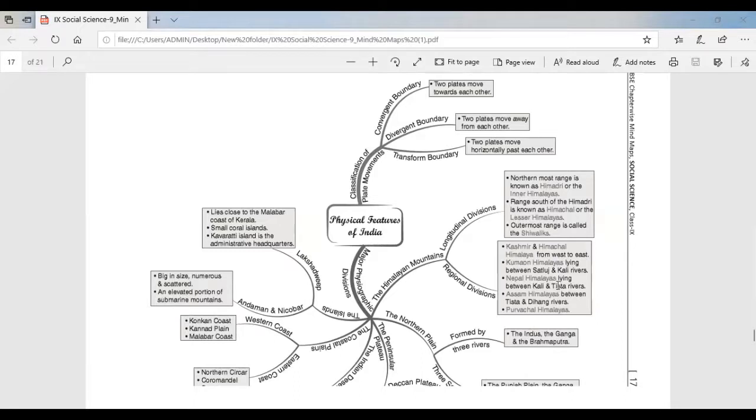The part lying between Teesta and Dihang rivers is known as Assam Himalayas. The Brahmaputra marks the easternmost boundary of the Himalayas.